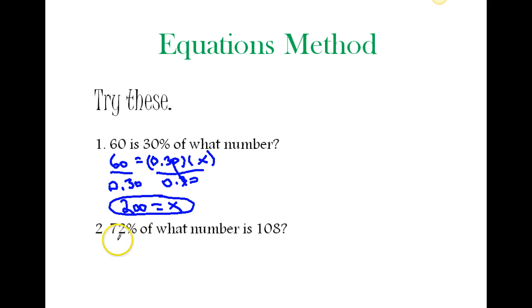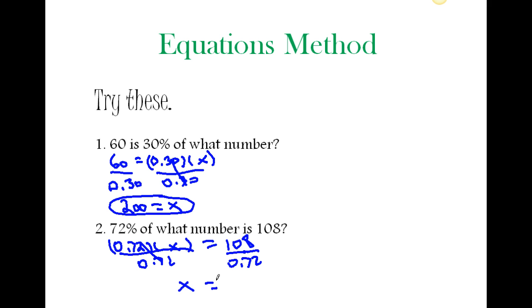All right, 72%. This one looks a little different, but I'm just going to follow what I've been doing. 0.72. I write it as a decimal. Of, I know I'm multiplying, so I'm going to put parentheses. What number, x, equals 108. Divide each side by 0.72. My inverse operations. Cancels. X equals 108 divided by